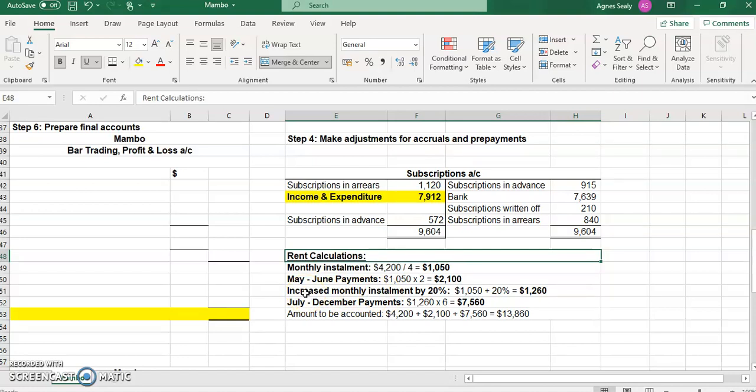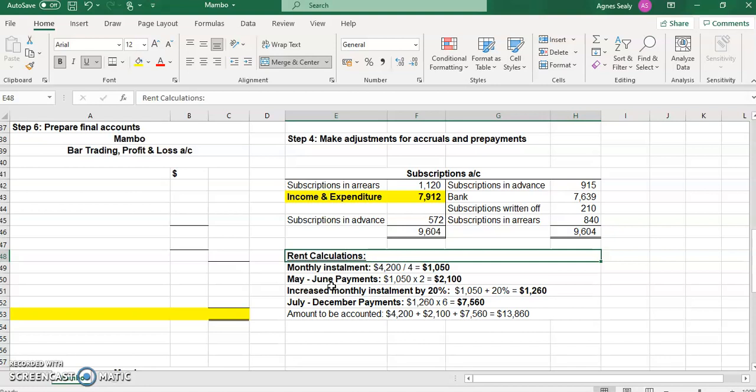We took the monthly installment and multiplied by 2 to come up with $2,100 for May to June. And the question stated that from July, the monthly payments increased by 20%. So we took our monthly payment and increased it by 20%